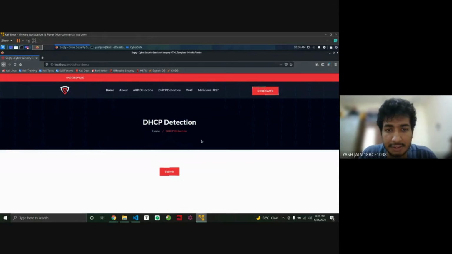When the legit machines in the local area network ask, hey, I want an IP address to be assigned, the DHCP server, having no availability, will send a NAK, which is a negative acknowledgement, telling the victim machine that it has no IP addresses available, since as the attacker we have frozen all the IP addresses. So now let's come to the detection module.